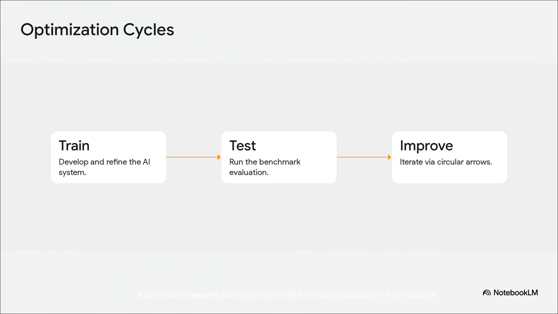Let's look at how this cyclical iteration actually operates. Training leads to testing. Testing leads to improvement, which then loops right back into training. On paper, this is standard scientific methodology, right? You build a model, you test it to find its weaknesses, and then you reach that critical improve step. During this phase, when a model fails a portion of the test, engineers don't simply shrug and move on. They meticulously analyze those specific failures. They adjust the underlying architecture, they tweak the training data, and they refine the parameters specifically to ensure the system does not fail in that exact same way twice. Then, they train it again. This is historically how all progress is made, but, as we'll see, it introduces a hidden vulnerability.